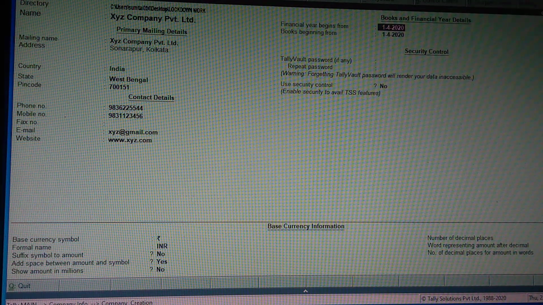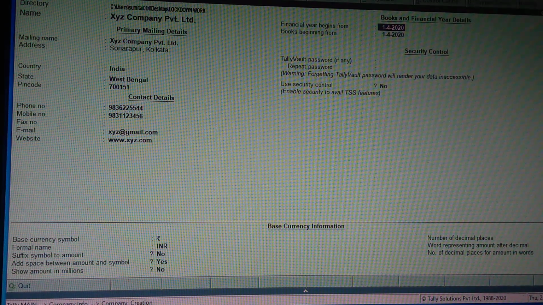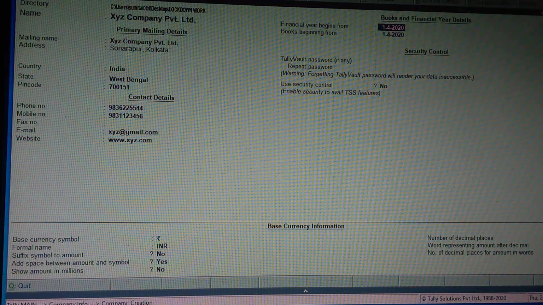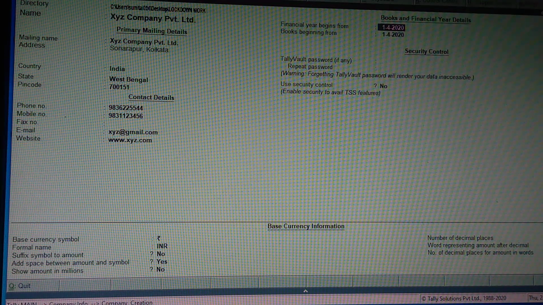Then click on enter, and you can see you have to choose a financial beginning year. We already know that the financial year starts every year on the 1st of April, and it ends on 31st March of the next year.